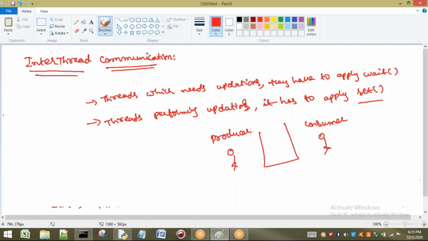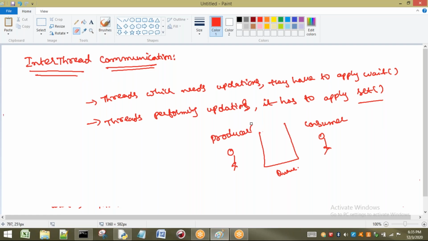Here, this is some buffer or some queue, for example. First, what has to be done here? Producer has to produce, consumer has to consume. For example, the producer goes on producing data into this buffer or queue. If the consumer does not consume the data, what happens? The data is going to overflow, because if it goes on producing, the queue or buffer is going to be filled, and the data is going to be lost. That is overflow. Overflow is one problem.